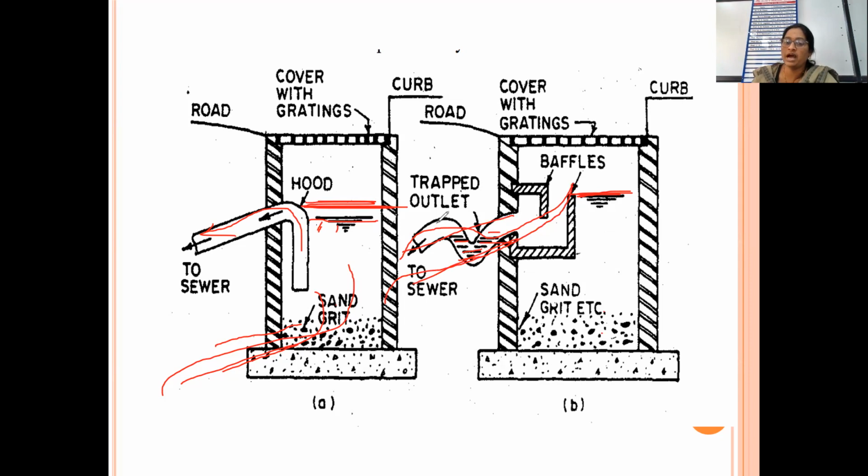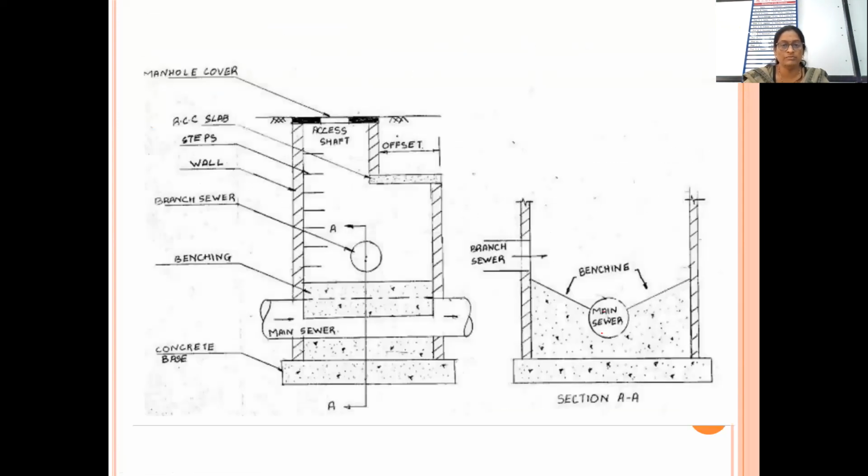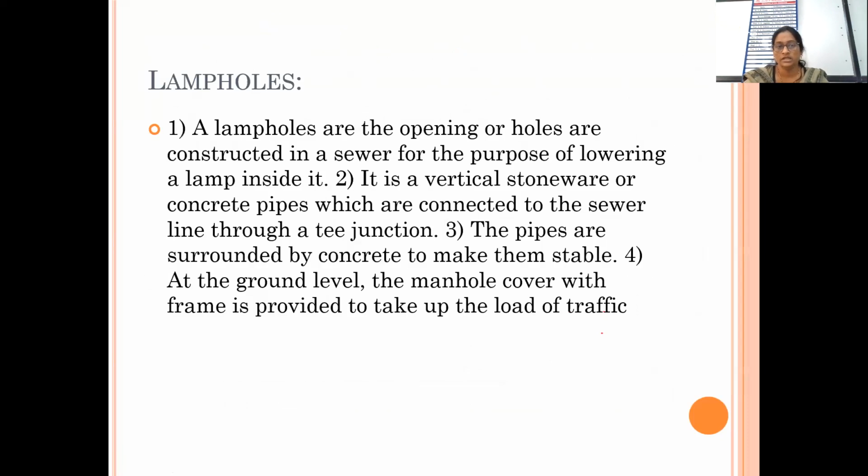But here we have given a small bend to the pipe, and that bend will help to store the water during the dry weather flow. This will prevent the escape of gases or foul smells in a reverse direction. That is the other bigger advantage of the catch basin over common inlets. So I will show you some other glimpses, and then we'll stop this part and go to the next point.